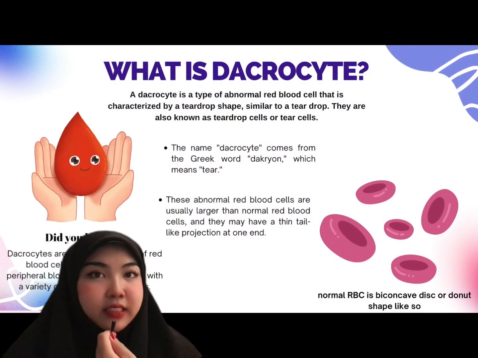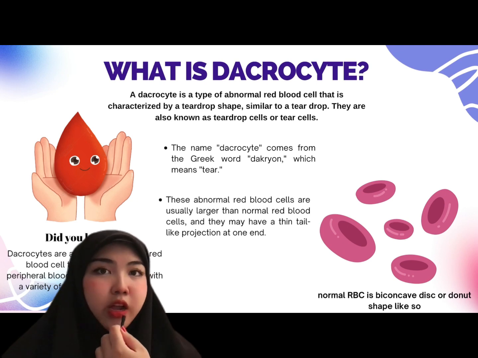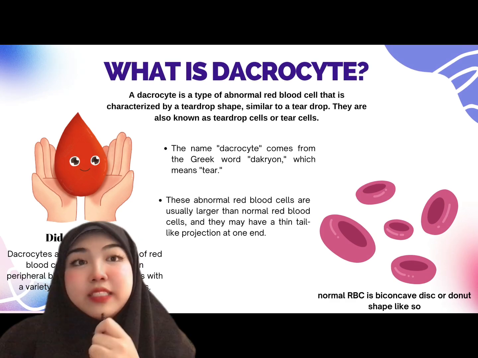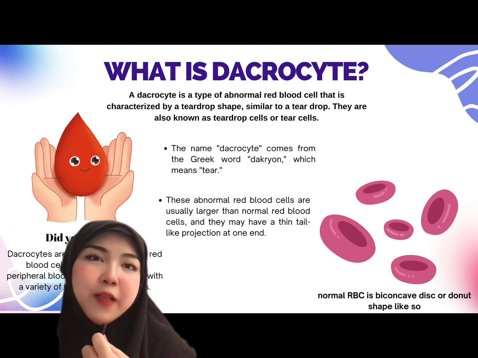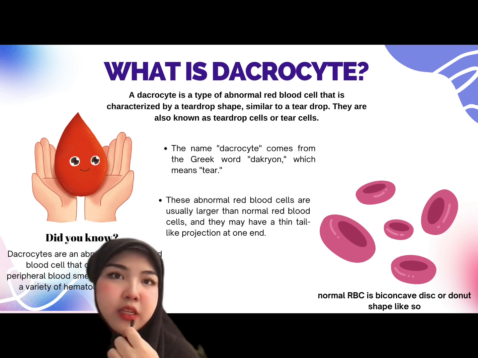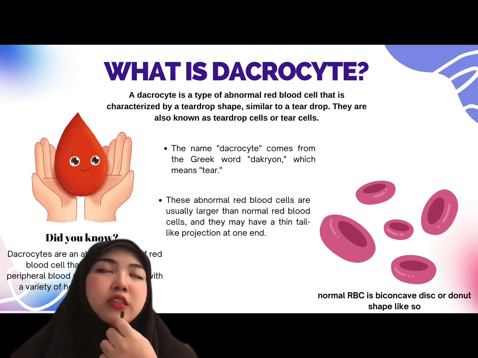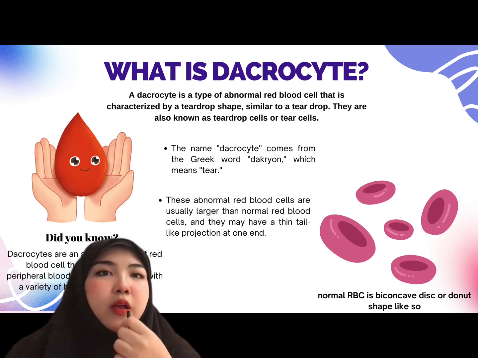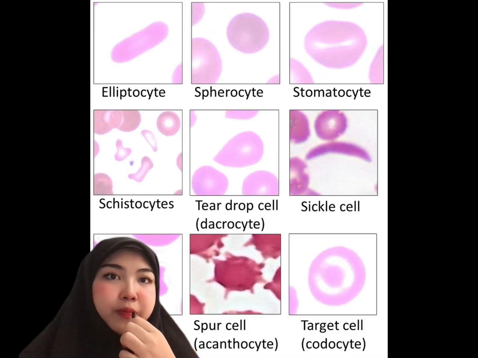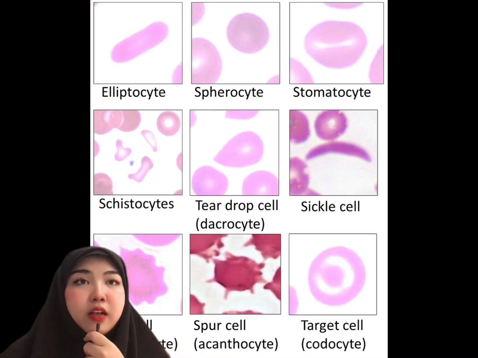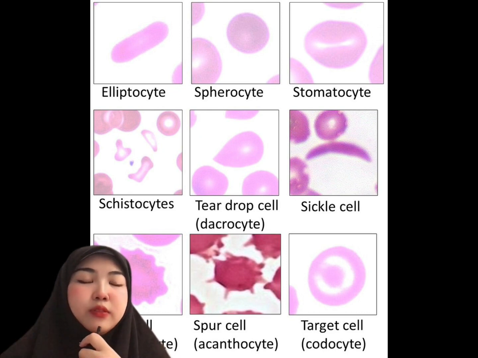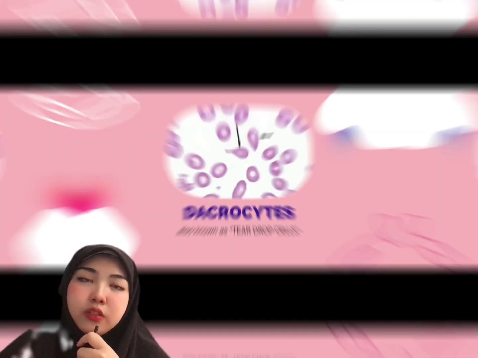Red blood cell abnormalities. When a red blood cell is not round or a biconcave disc, it will be called poikilocytes, which is actually another name for an abnormal red blood cell shape. This abnormal RBC can be various shapes such as a teardrop shape, oval, or irregular shape. Some examples of poikilocytes are acanthocytes and elliptocytes, but today we are going to talk about